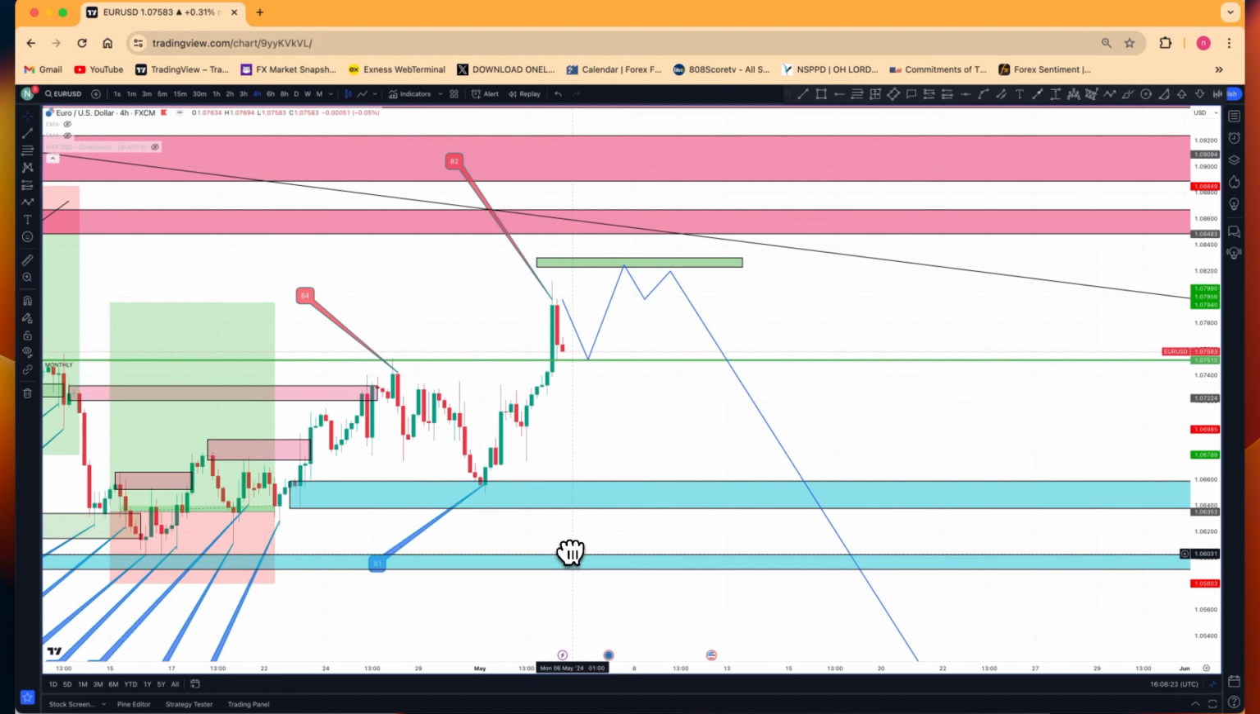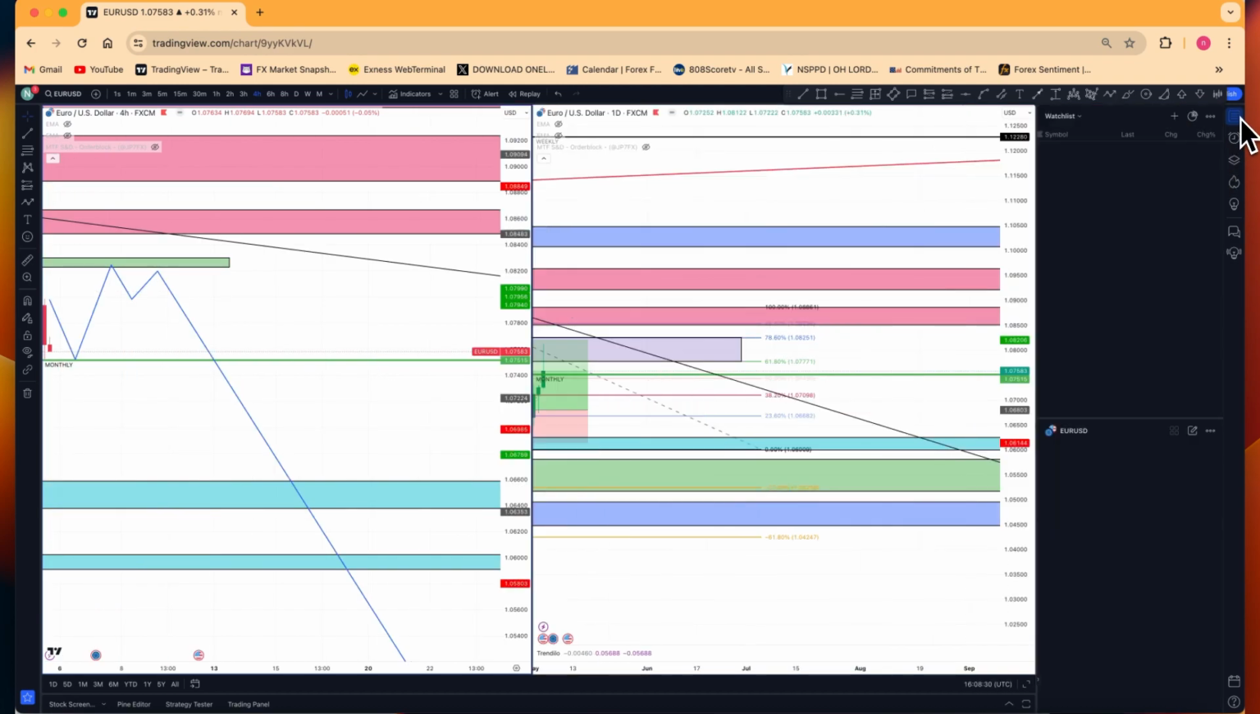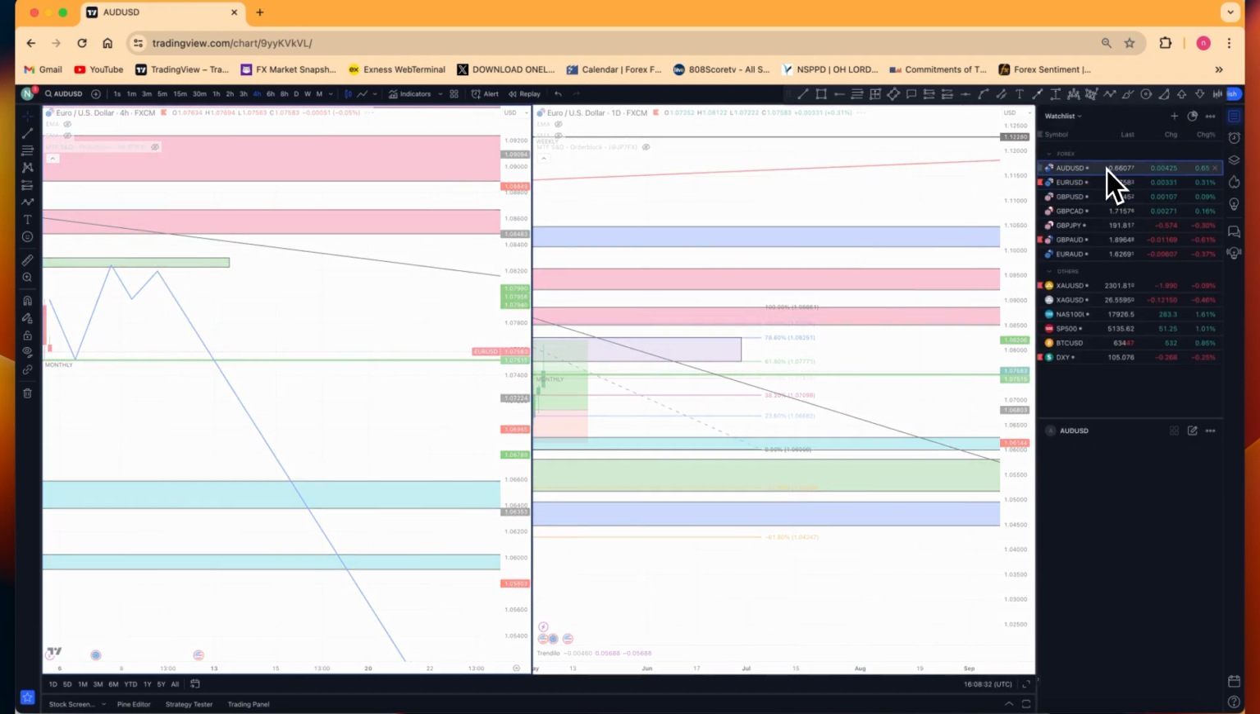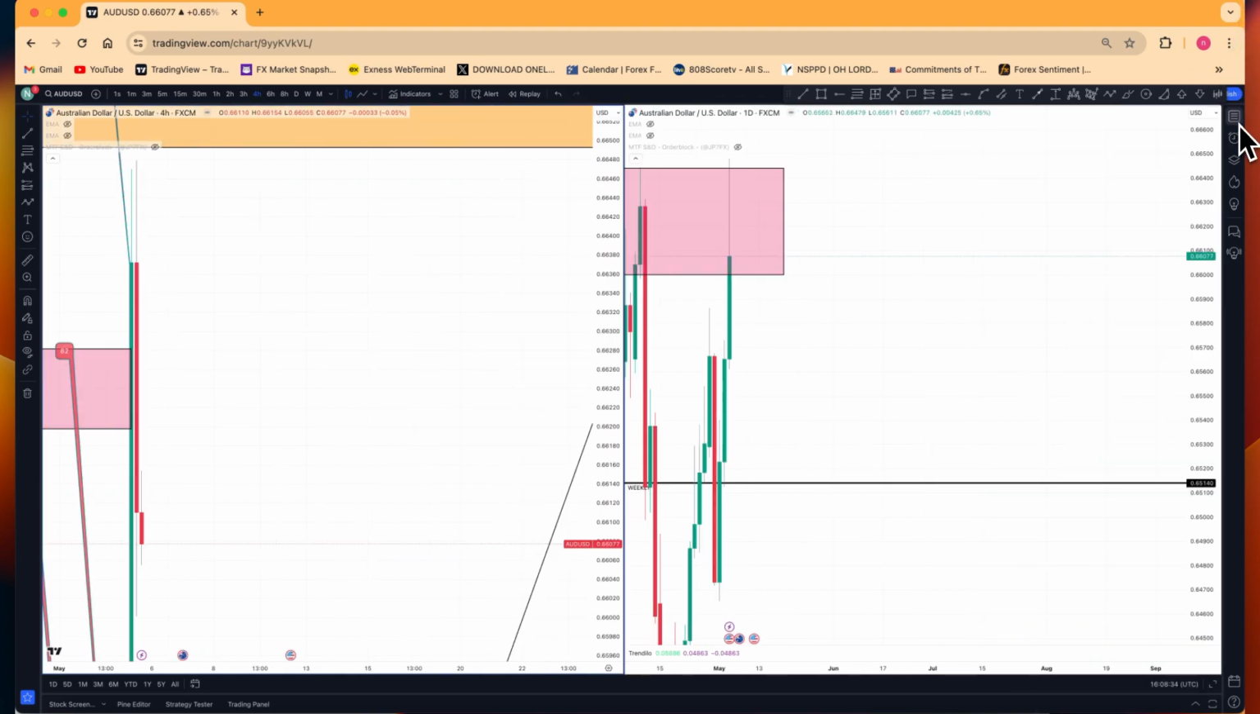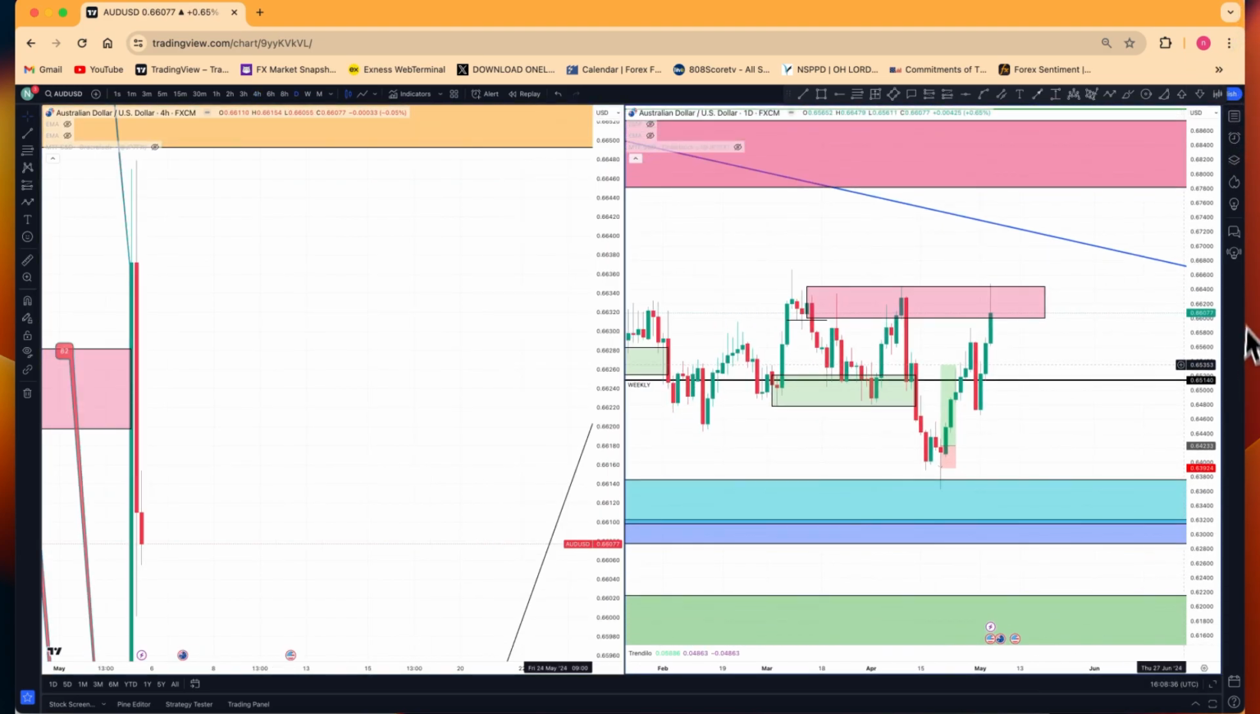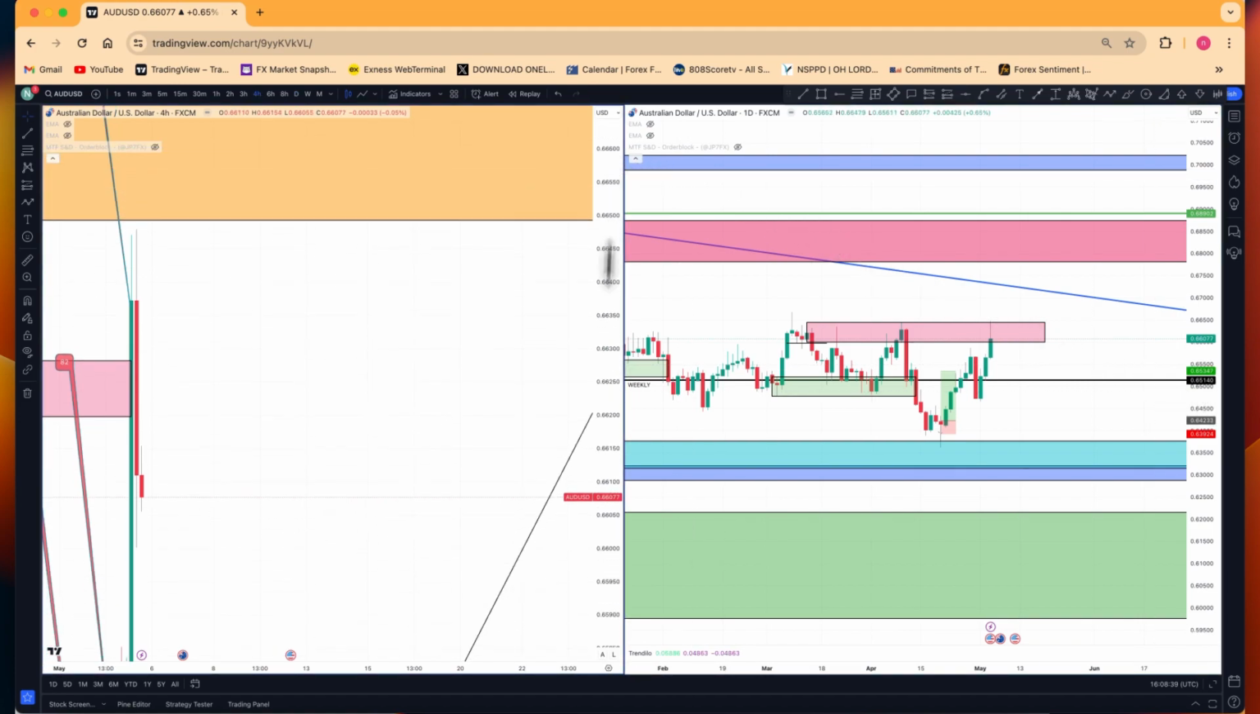So that's it for EUR/USD. So let me quickly look at AUD/USD. Looking at AUD/USD here,